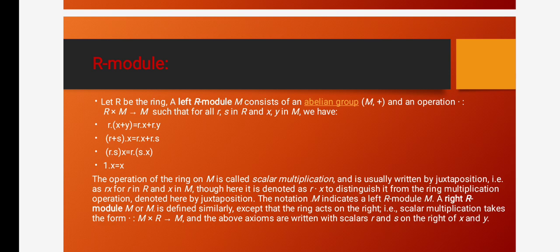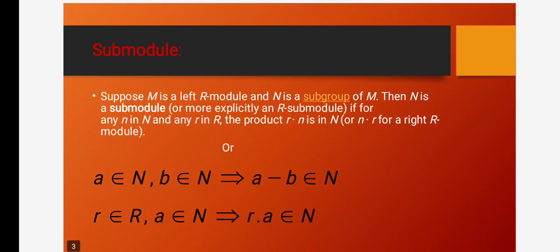Similarly, M is called a right R-module, except the ring acts on the right side. Then next, what is a submodule? Suppose M is a left R-module and N is a subgroup of M. Then N is called a submodule